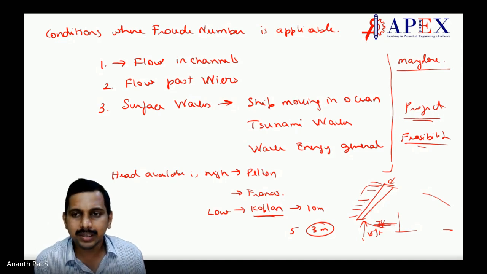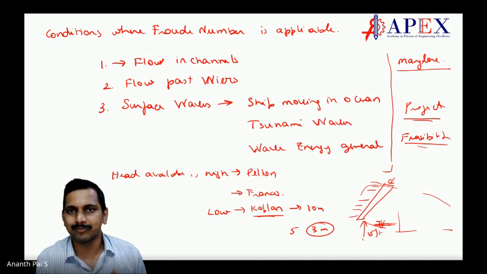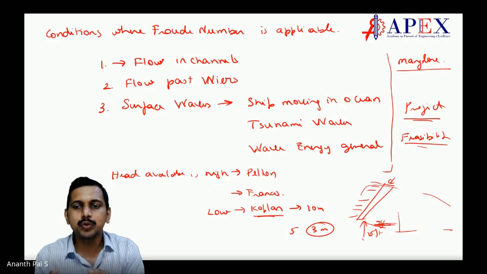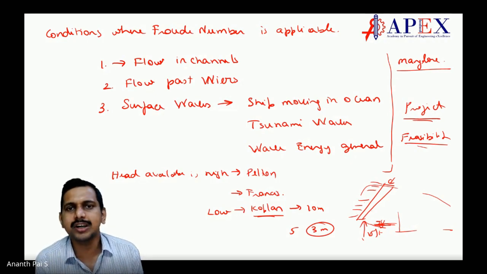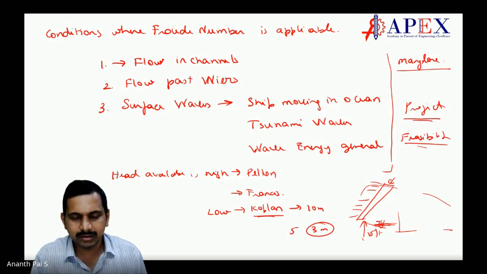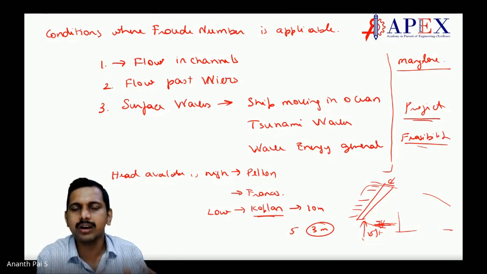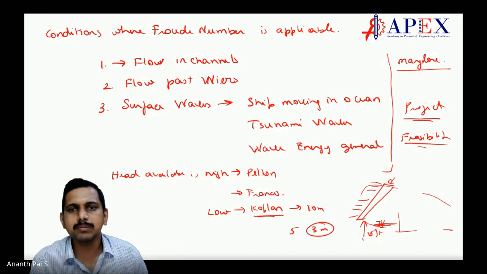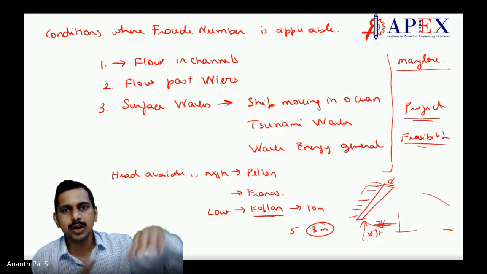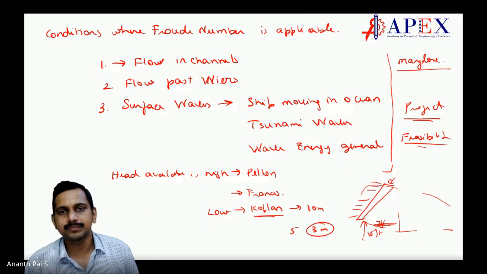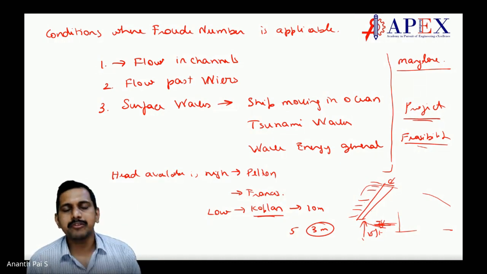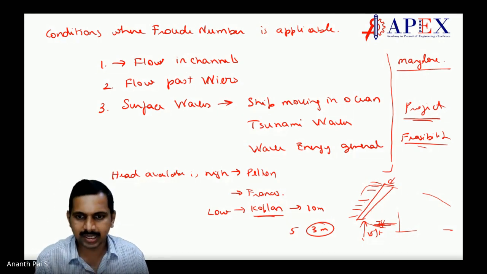Project should be like what you do. You should not copy from somewhere. That's it. So when you do this, the idea is the same. Using tidal wave is not something new, correct? But what you are doing, you are doing a survey and you are saying whether it can be used here or not. This can be a mechanical and civil project together. A Kaplan turbine can be analyzed. Say this much of head is available, so I am using a certain type of Kaplan turbine. Or I am designing a new type of Kaplan turbine. Can happen. So these kind of things are the ones which we have to use.